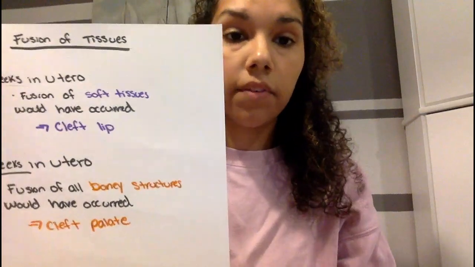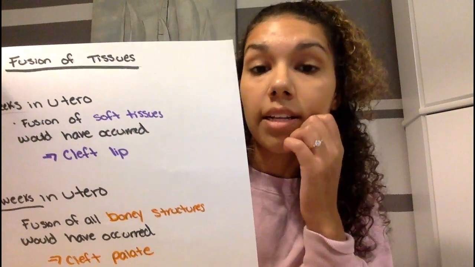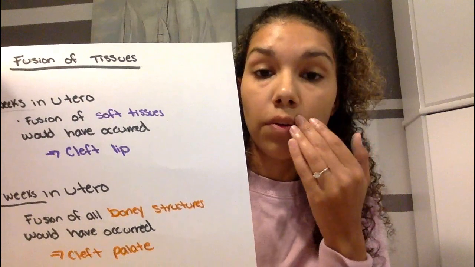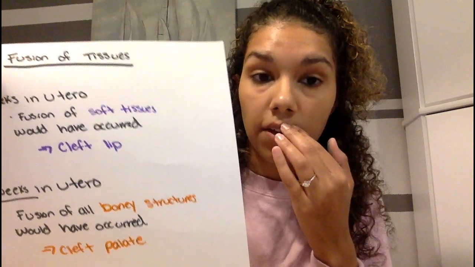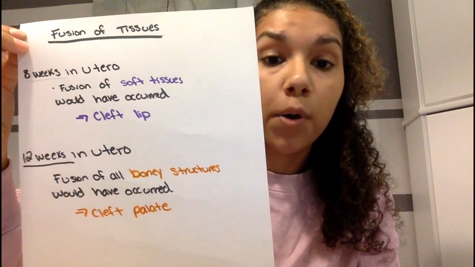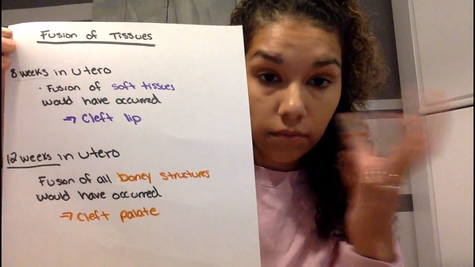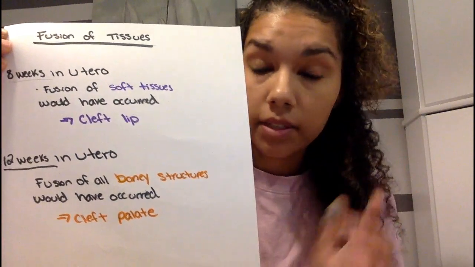Okay, so as we have those growing, then all our tissues need to start to fuse together. Fusion of the tissues. At 8 weeks, you should have the soft tissues fused together. Soft tissues are like our skin, so that's how a cleft lip would be shown if they haven't all fused together. And then by 12 weeks, we should have all the bony structures fused together, like a cleft palate, because that's bone. So to get deeper into a cleft lip,